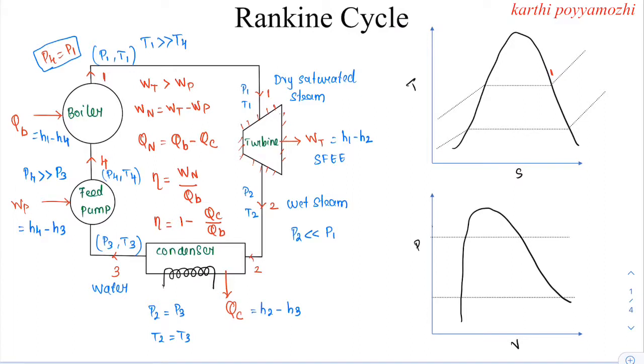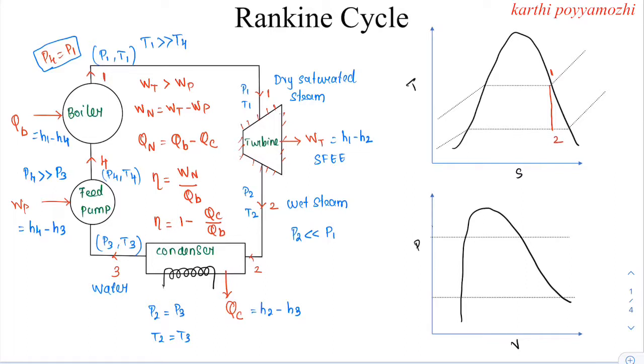And in the turbine, this dry saturated steam gets expanded isentropically. That is, the process which is taking place is an isentropic process. Therefore, entropy of the system remains constant. Okay, that is from 1 to 2,